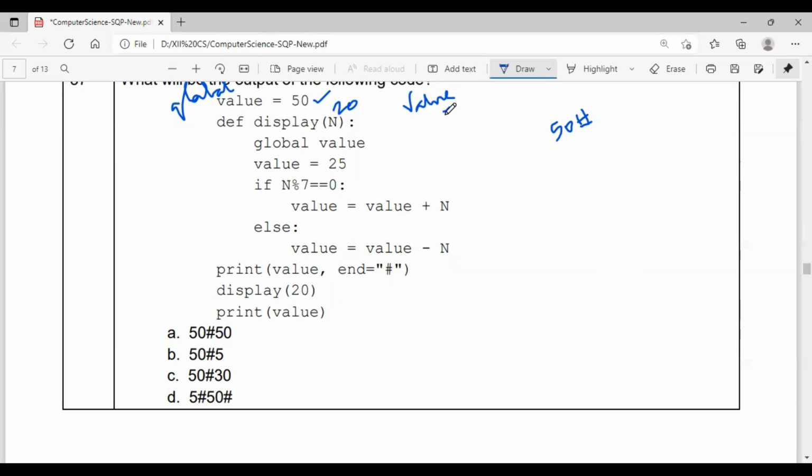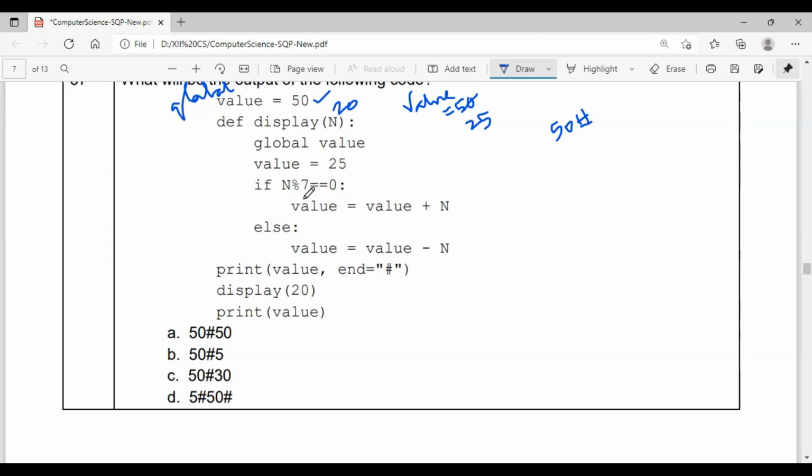Inside the function, with the help of the keyword global, we change that global value into 25. So whatever happens inside the function will be reflected outside also. So value is now changed to 25.